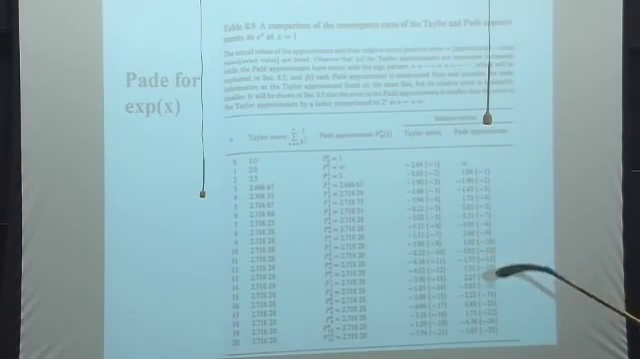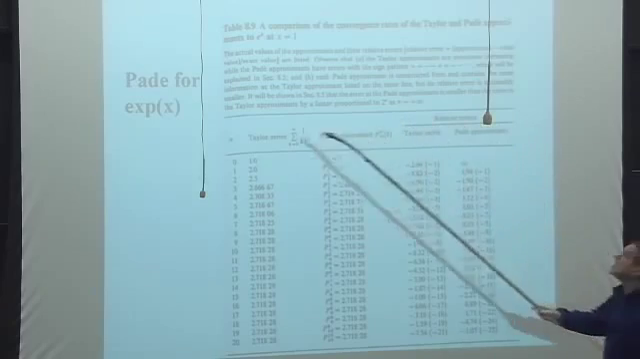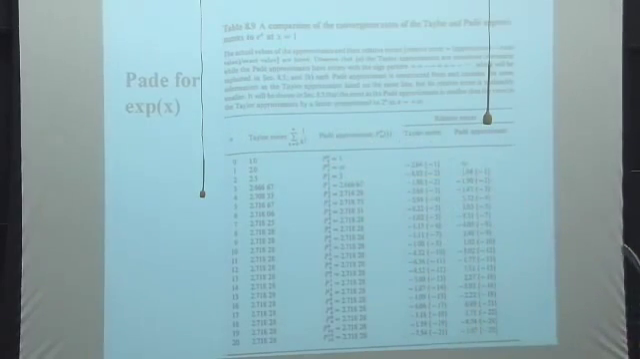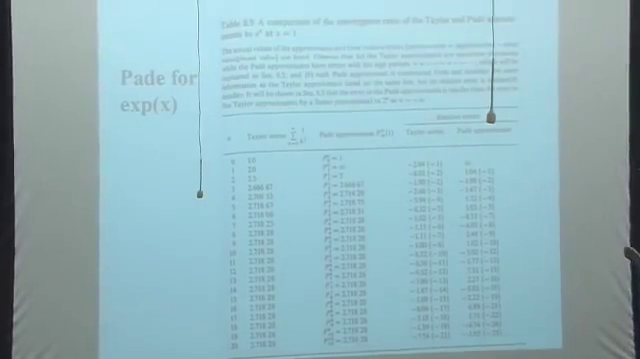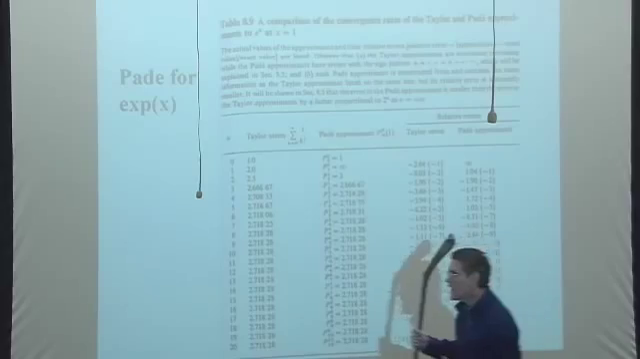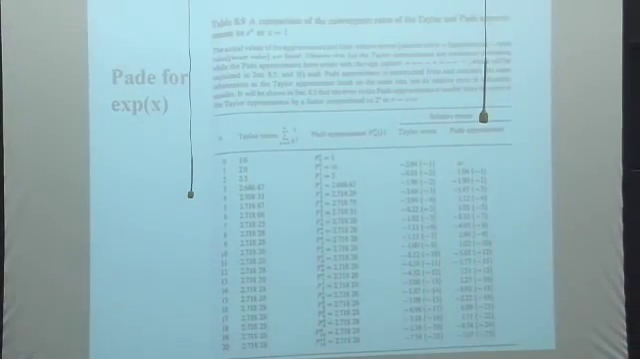Let me explain what is going on here. First of all, consider the Taylor series for the function e to the x. The Taylor series for the function e to the x. Now, if you had the Taylor series for the function e to the x,